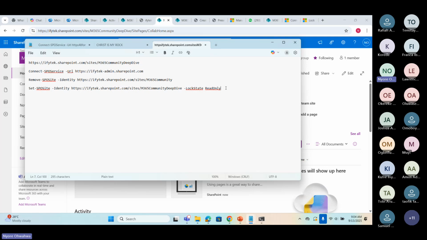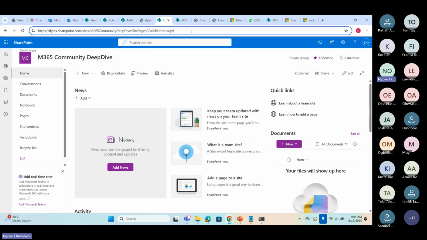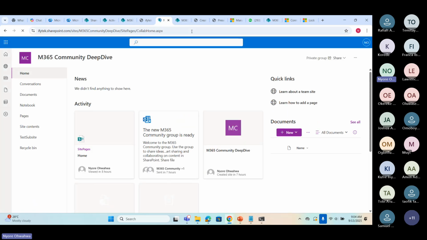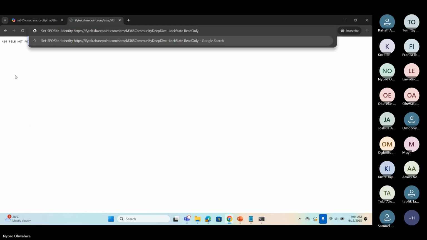Okay, so copy this, paste. Okay, so the command has successfully run. So let's try on the private window as well. Let's see.